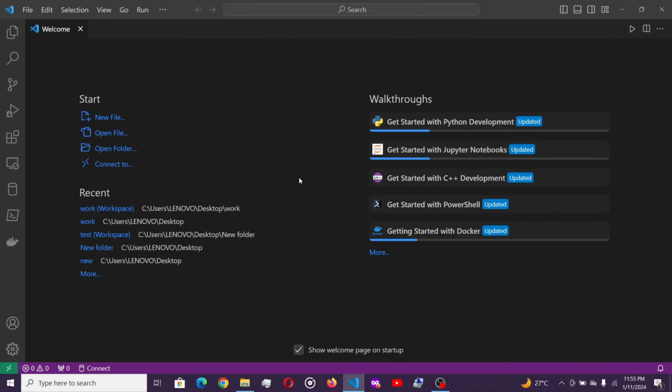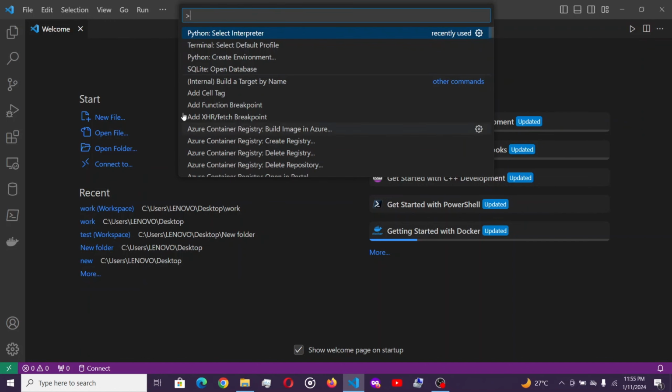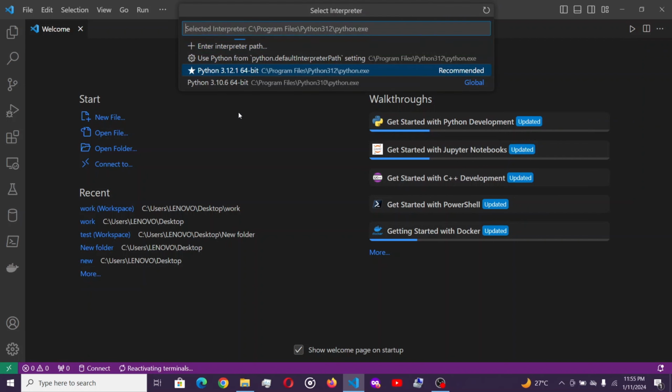So here in your VS Code, the first thing we are going to do is to set Python as our interpreter. So all we need to do is to type in Ctrl+Shift+P, or you go to click on View, click on Command Palette, then we should click on Select Interpreter. Then, if Python is already installed in your system, you should see something like this. Select whichever version you have,